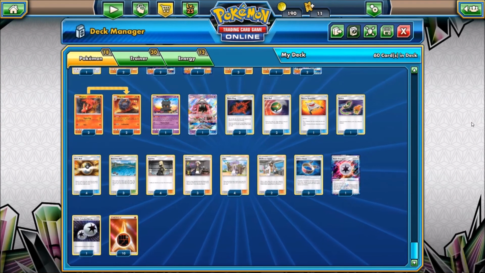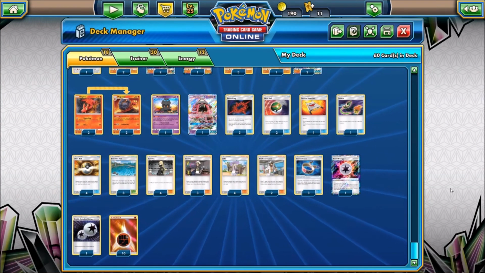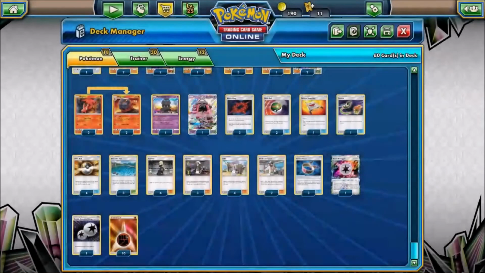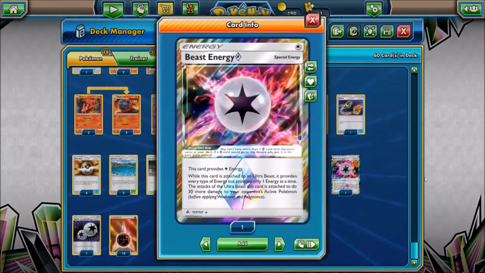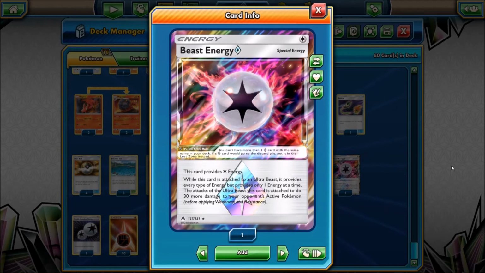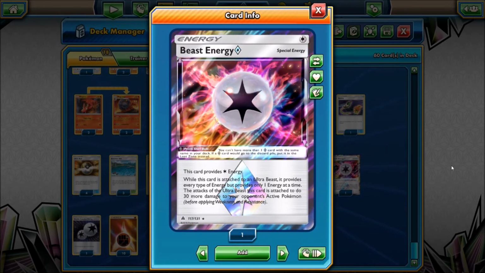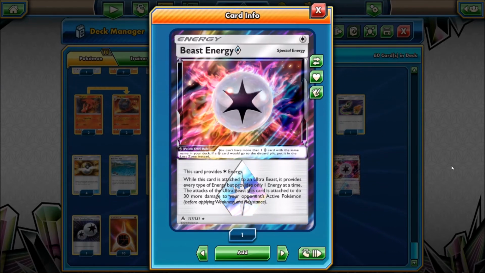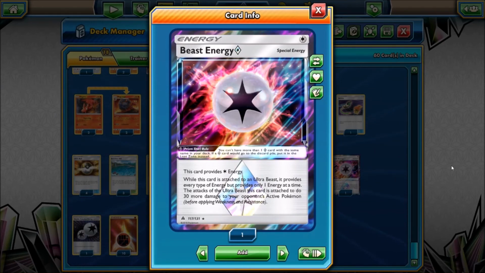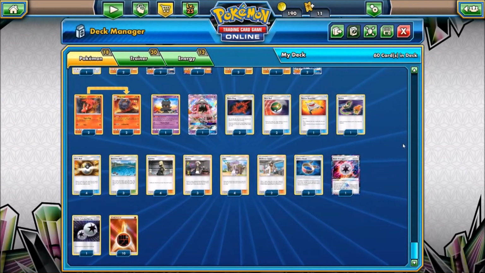So we have our items, our stadiums, our supporters down. Let's take a look at the final pieces of the puzzle. The energy. To start off, 10 copies of Fighting Basic Energy. Nice. 1 copy of Beast Energy Prism Star. This card provides colorless energy. While this card is attached to an Ultra Beast though, it provides every type of energy, but provides only 1 energy at a time. The attacks of the Ultra Beast this card is attached to do 30 more damage to your opponent's active Pokemon. So a little bit more damage modifiers, and you could attach this to both Buzzwole GX and